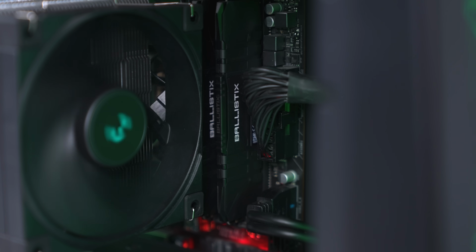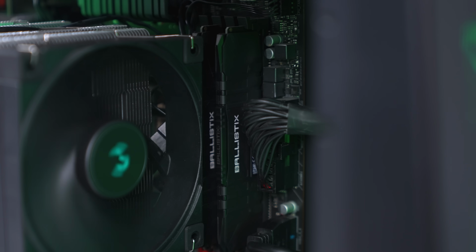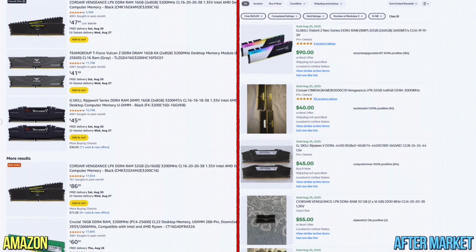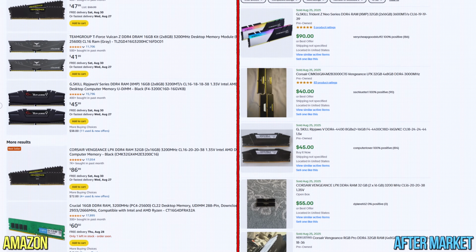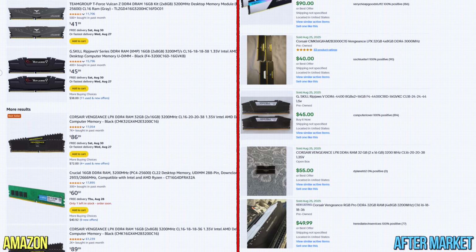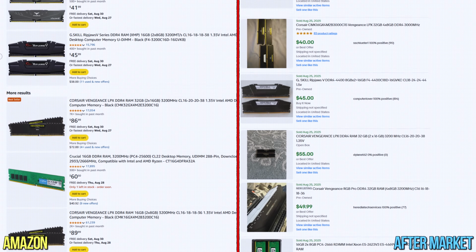Let's go. I did manage to find memory sticks for the build as well, even though it took me like a full week because for some reason, DDR4 prices have gone up. People want to charge $40 for their 16 gigabyte kit, which makes absolutely no sense. But after some digging, I did manage to find someone who was selling a 32 gigabyte DDR4 kit for $40. So I drove about 30 minutes, picked it up, and I installed it when I got back